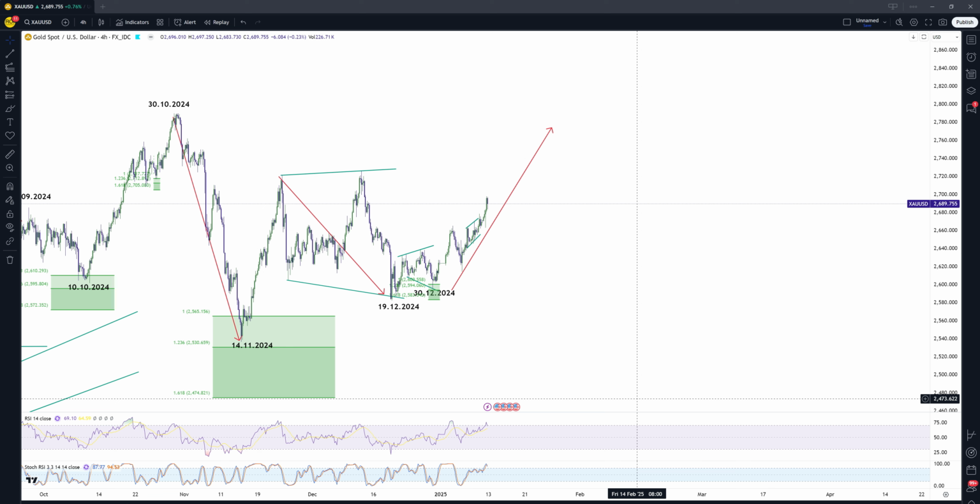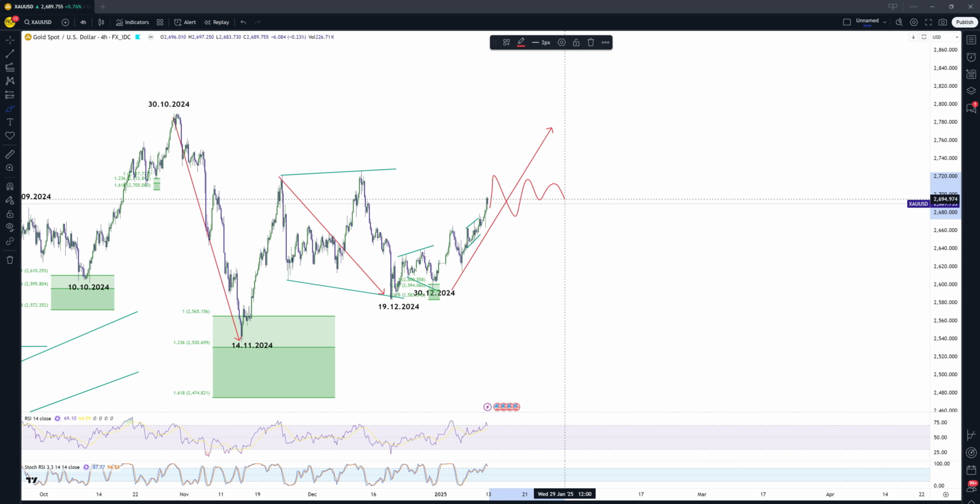You have to learn how to get in when you have the odds in your favor, and this is what we teach in our service for the members as well. So the bias for gold is still to the upside. Of course, we cannot rule out some consolidation, but the bias should remain supported heading into the week